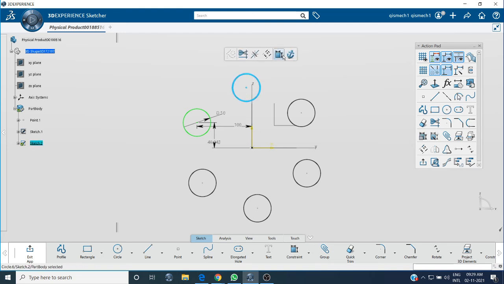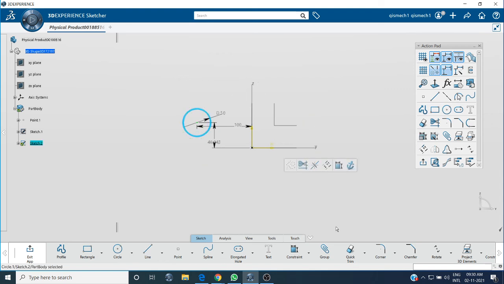Then you can give the dimensions one by one, individual dimensions. Same process that I had explained to you: first give the profile dimension, then the horizontal axis, vertical axis. Okay. Now I think the rotate operation is completed.